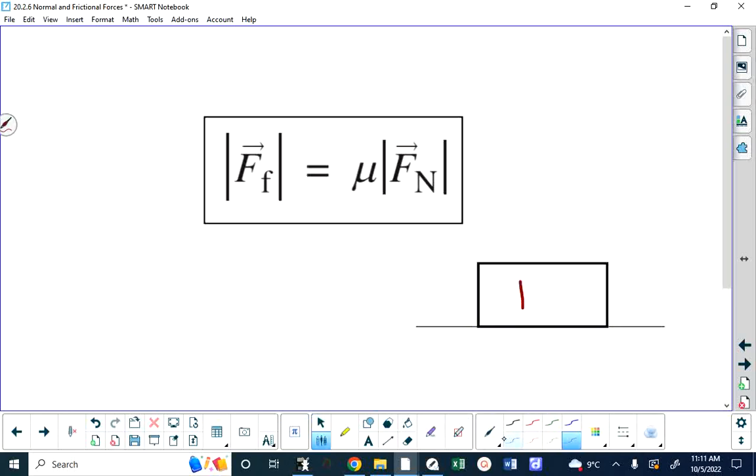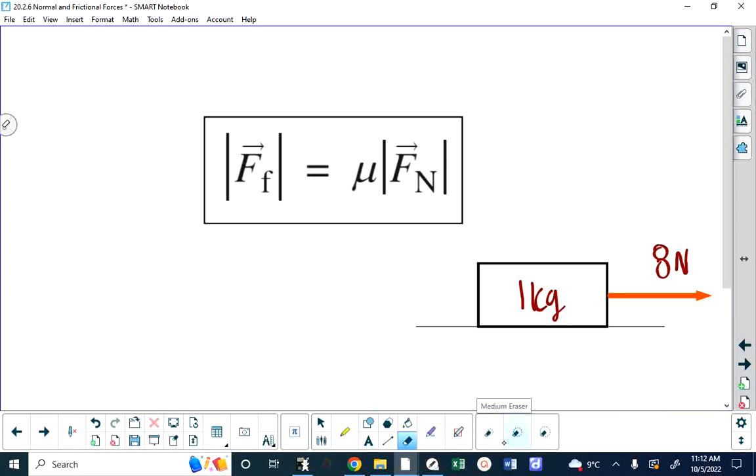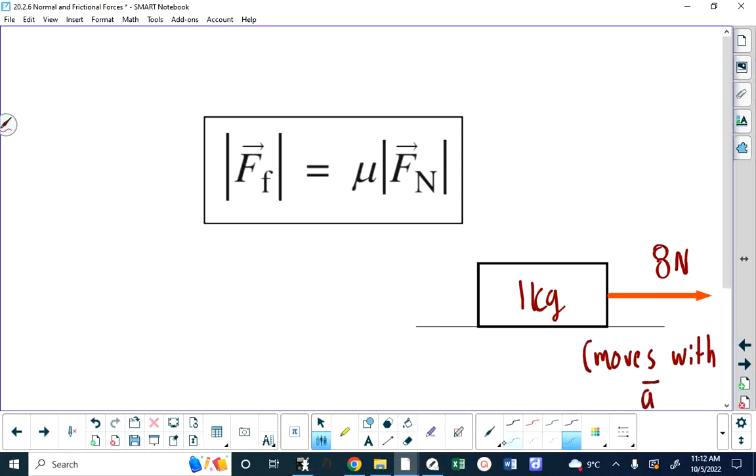and it's a 1 kilogram box, and I attach a spring scale to it, and when I apply a force of 8 newtons, it moves with 0 acceleration, okay? So I'm just, on an exam, this would be wordsmithed up really nice, but there's a